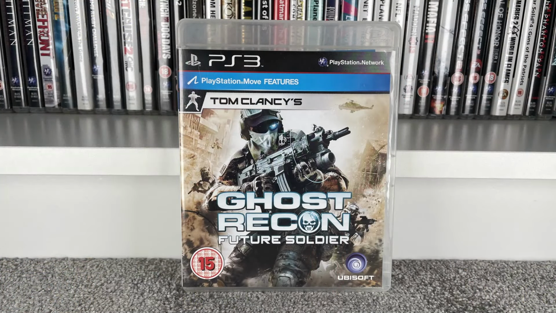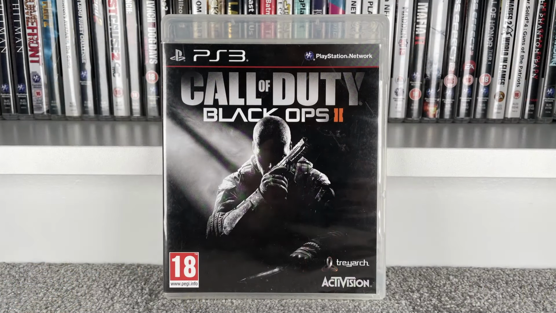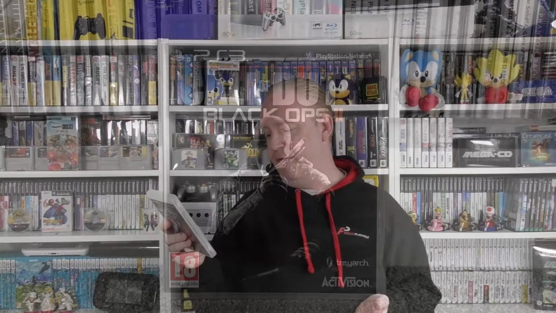Then we've got Tom Clancy's Ghost Recon Future Soldier. This one is complete. It goes for £1.50 at CEX, £4 on eBay. Then we've got Call of Duty Black Ops 2, which I was really surprised we didn't already have in the collection. It was only when I was going through my...